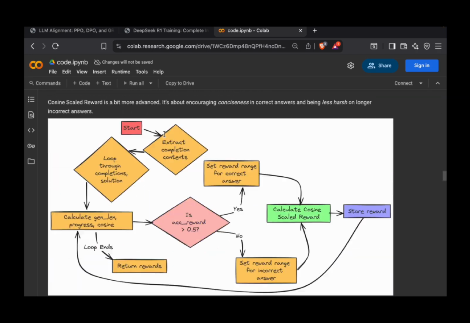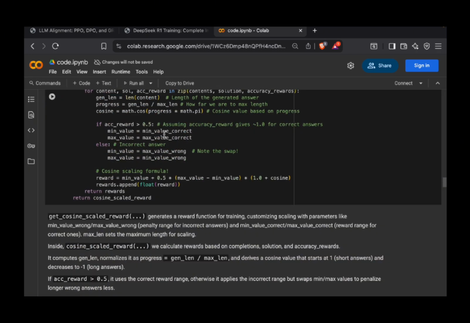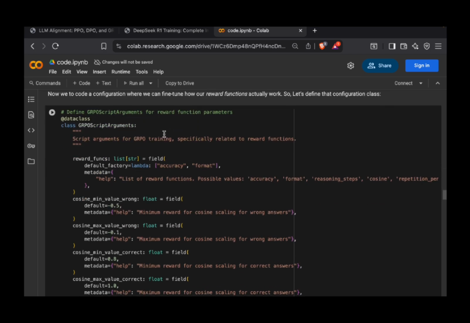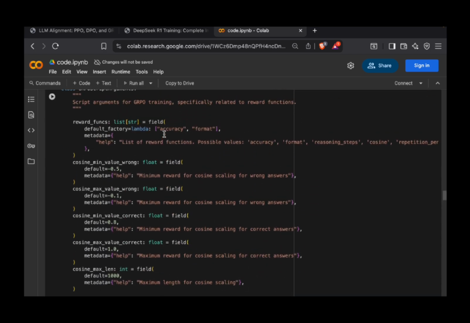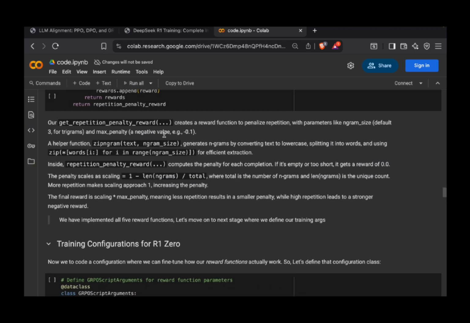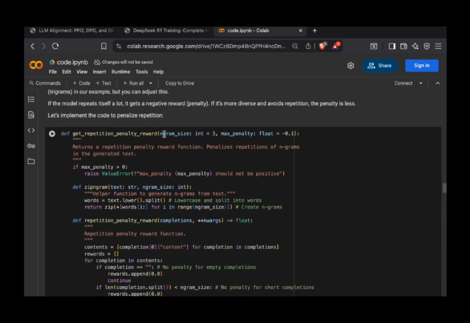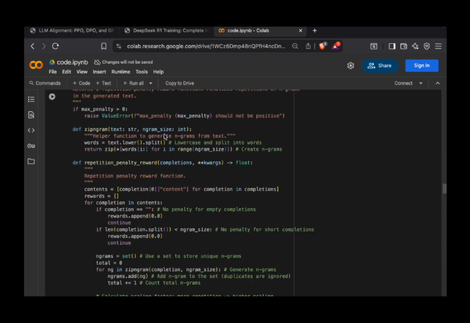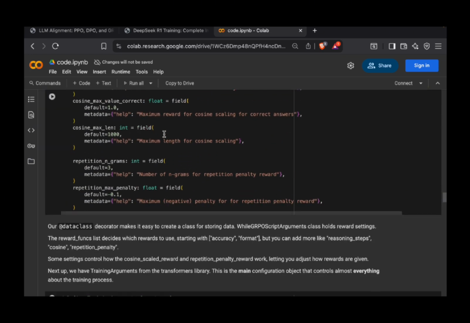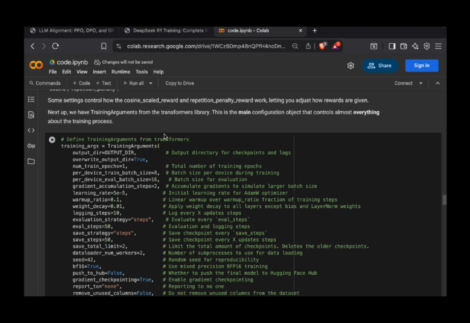And the last step, here is the training arguments, where we can put how many steps we want it to be trained,